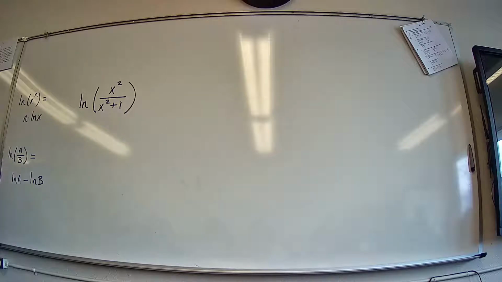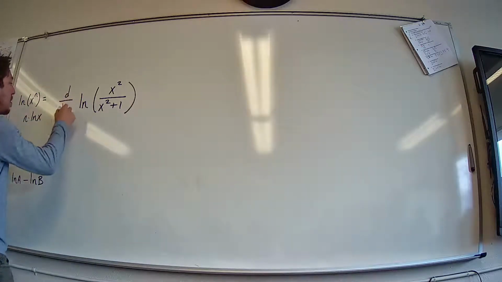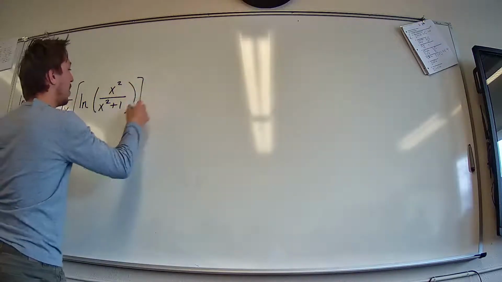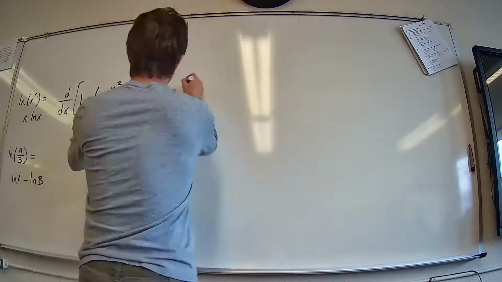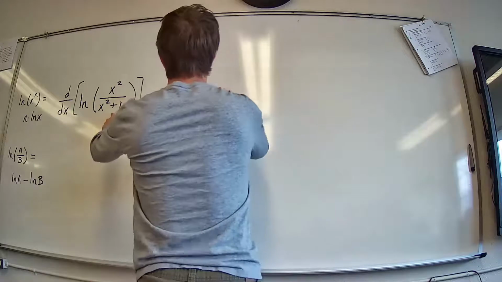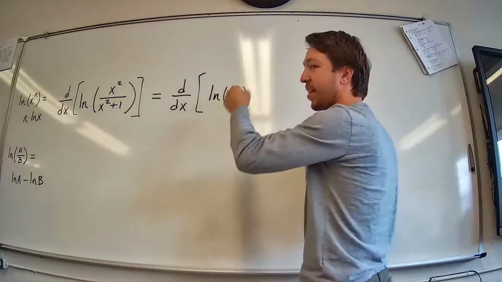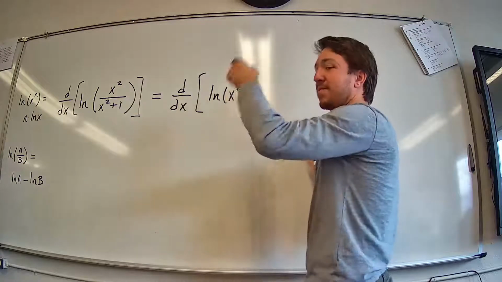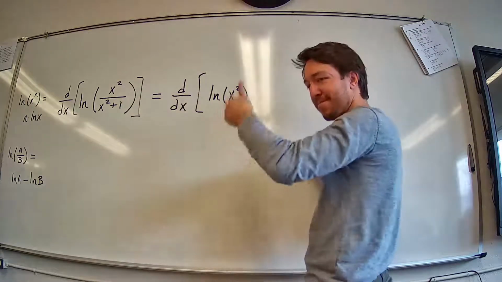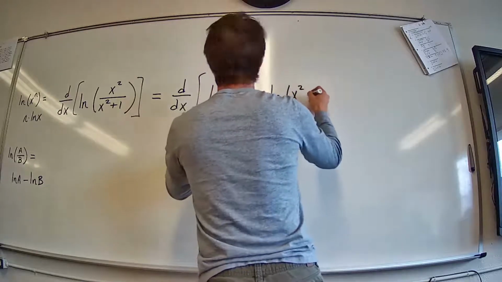So how can I use that here to make life simpler? You would just do natural log of x squared, subtract natural log of x squared plus 1. So this can actually be written as the derivative of the log of x squared. Be careful, this is not the log of x squared, it's the log of x squared. Minus the log of